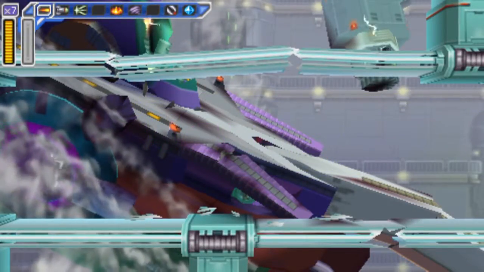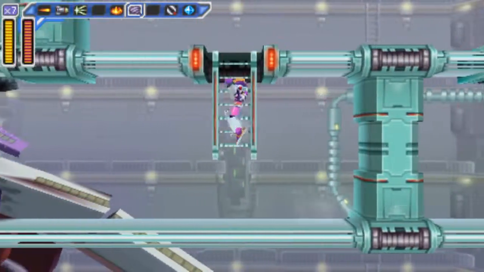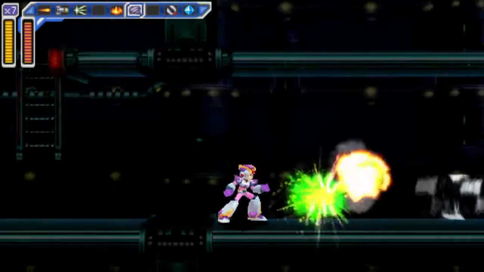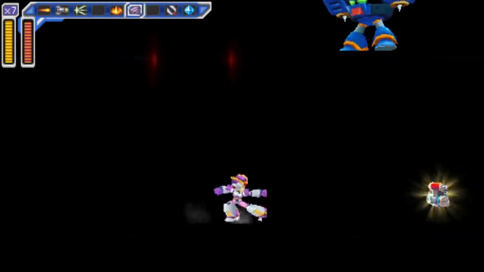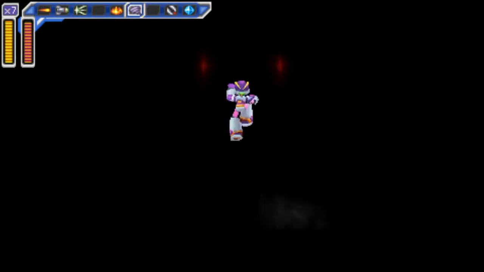So, start off the stage, you notice this giant battleship that just crashed here in the very beginning. That's actually Storm Eagle's battleship. If you defeat Storm Eagle before coming to Spark Mandrill's stage, this battleship is crashed here, which will actually turn off some of the electricity, making your life a lot easier going through the beginning section of the